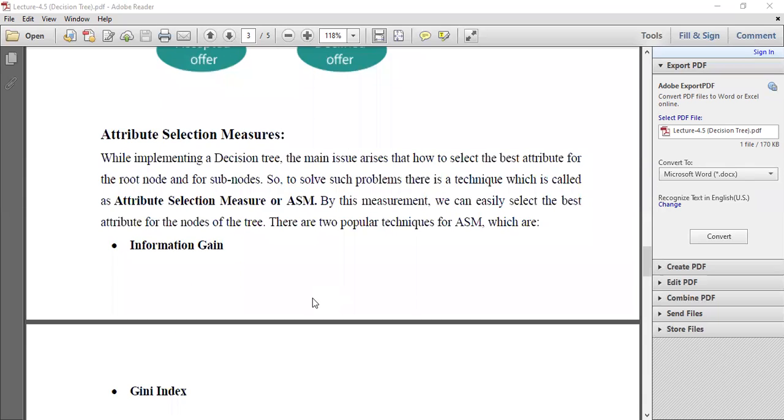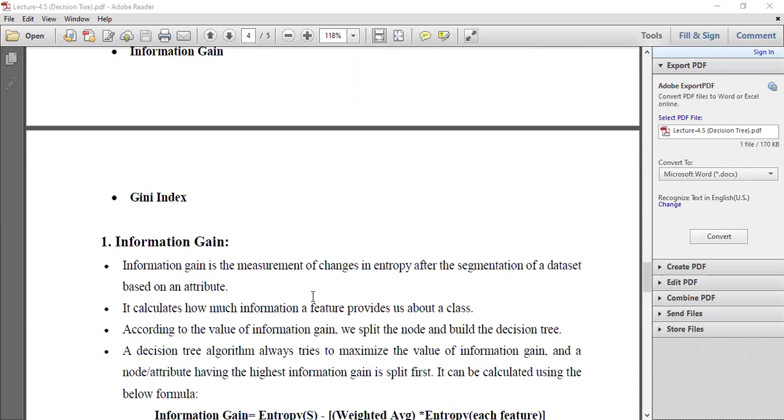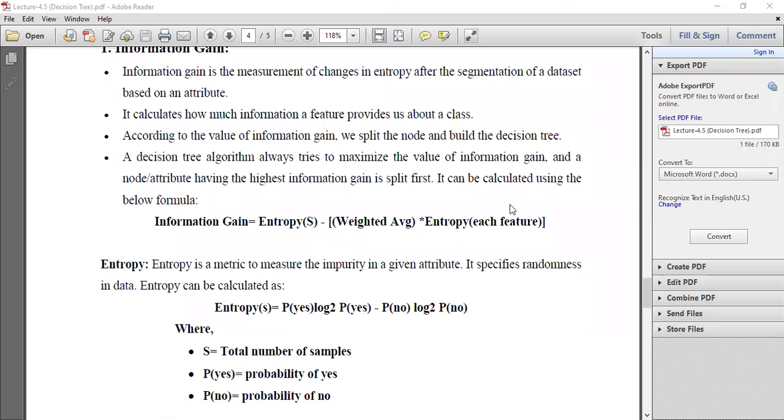Attribute selection measures. While implementing a decision tree, the main issue arises of how to select the best attribute for the root node and for subnodes. To solve such a problem, there is a technique called attribute selection measure, ASM. By this measurement, we can easily select the best attribute for the nodes of the tree. There are two popular techniques for ASM, which are information gain and Gini index. Information gain